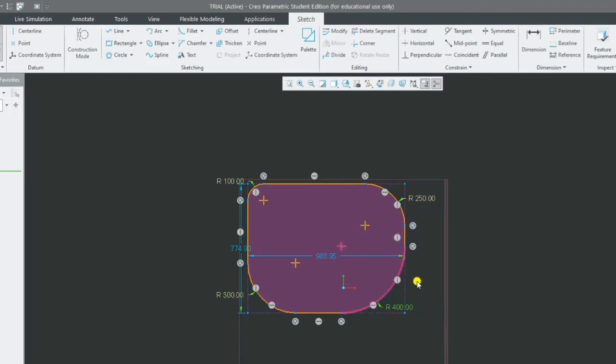So these are all about the fillets. The dimensions can be modified at any time, so you don't have to worry much. Let us say we want to make it 350, it becomes 350. This is the major function of the fillet.